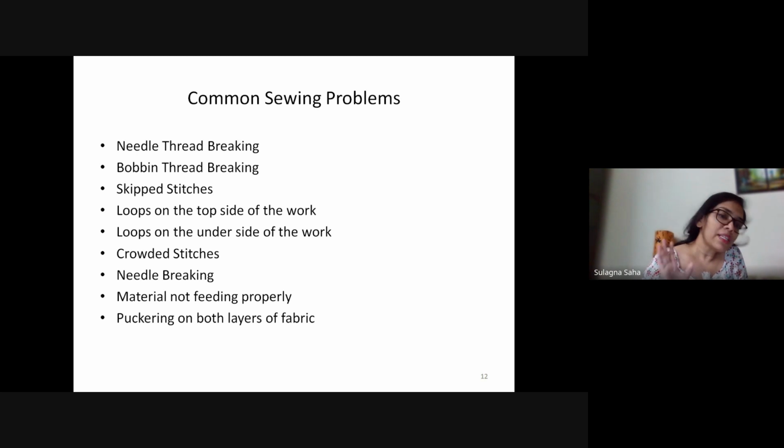So first, maybe it is not correctly threaded. Maybe you have not followed all the threading sequence. The first problem might be there. So first check whether the needle threading is done correctly. Have you not missed anything? Hopefully you have not missed anything, right? Next, the second and the most common problem that happens is possibly the tension of the needle. The upper tension is too tight. It is creating extra pressure on the thread, so you would try to rotate the nut in an anti-clockwise direction and loosen it a bit.